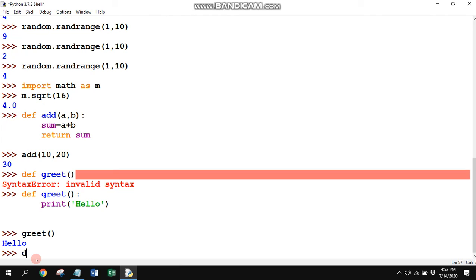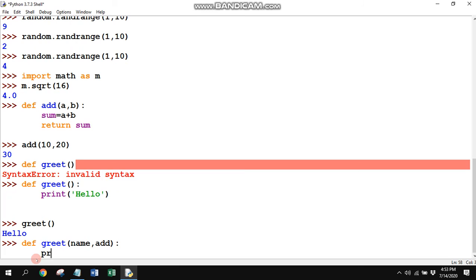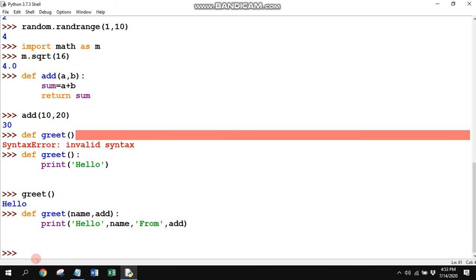If we write def greet with name and address, then you mention print hello, then name, then from, and address, and call the function greet and pass the arguments or parameters.